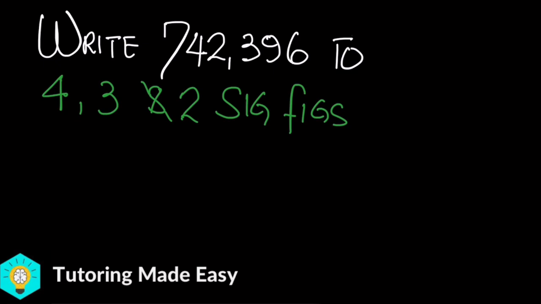In today's video, we've been asked to write certain numbers, like the one we have on the screen, 742,396, to 4, 3, and 2 significant figures. In our previous video, we looked at how we can do such things, but this is an additional video to emphasize how we're going to go about that. Now, we rewrite this number again, which is